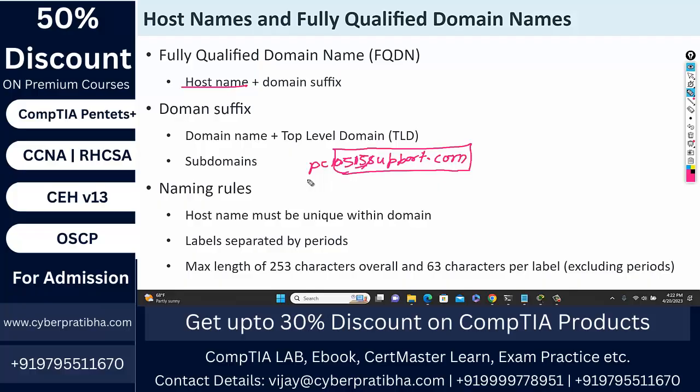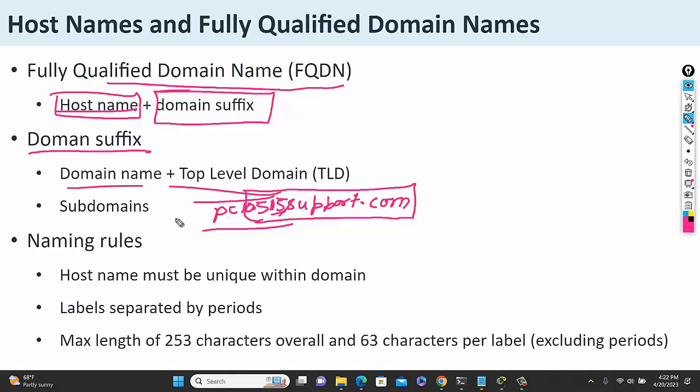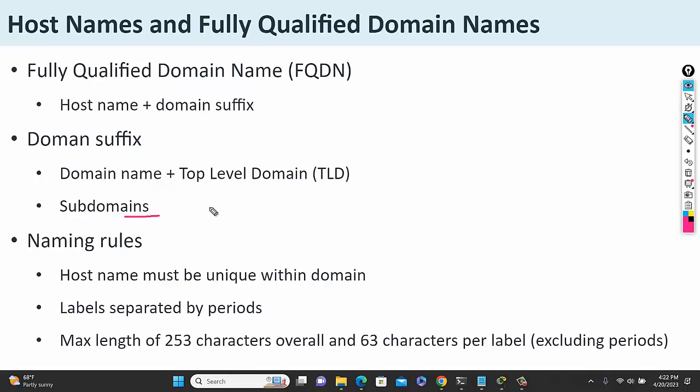So what is the total? The fully qualified domain name is pc10.515support.com. It means the host name plus the domain suffix is known as the fully qualified domain name. And the domain suffix means domain name plus the TLD, and there is also the possibility of a subdomain. So what is a subdomain? Sometimes you have written something like mail.515support.com. So here, mail